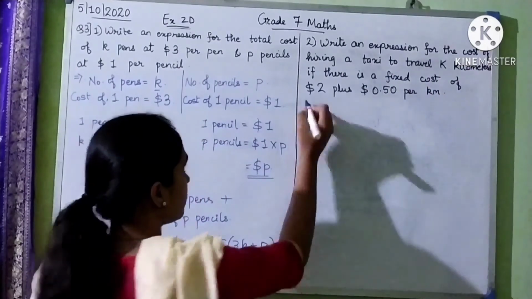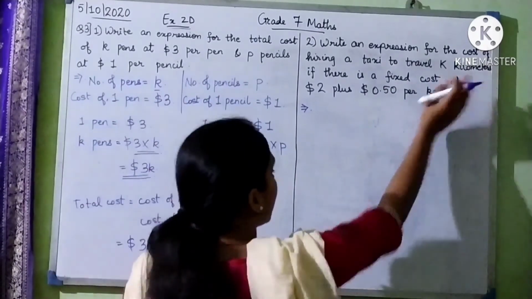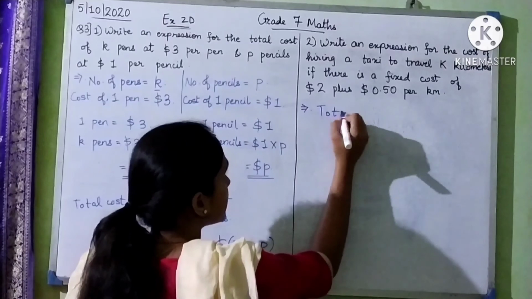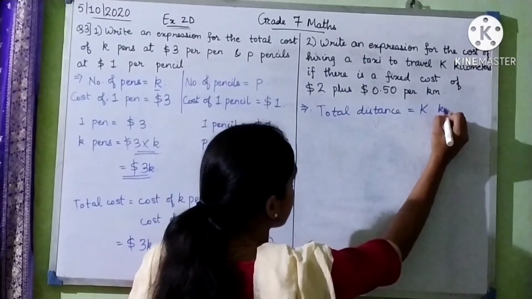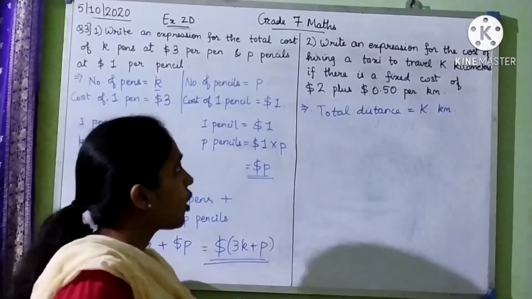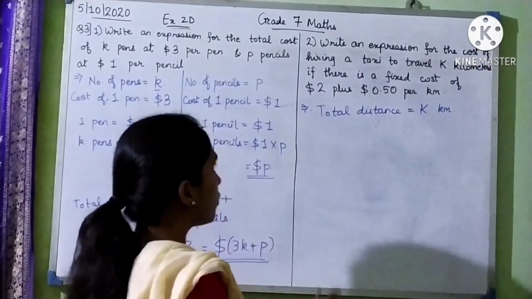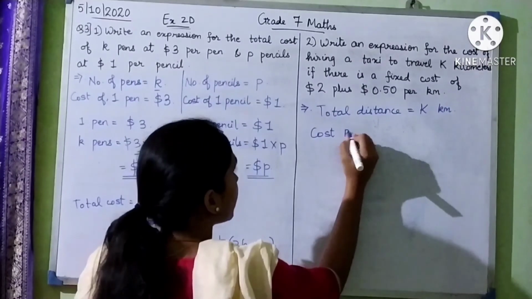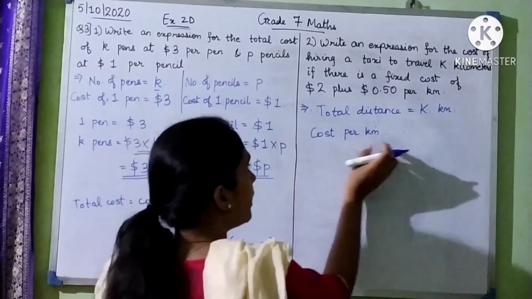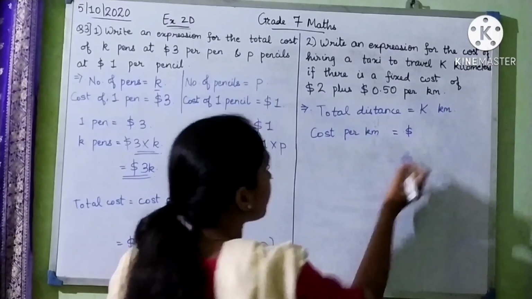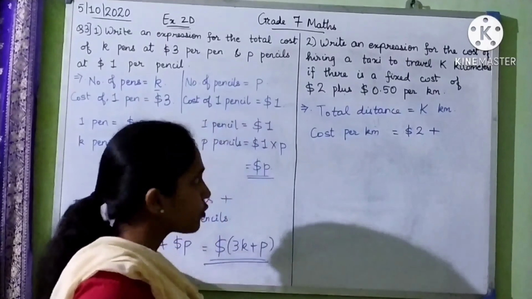So first we write the distance. How much distance does he have to travel? He has to travel K kilometers. So the total distance is K kilometers. Now the cost of traveling is this many dollars per kilometer. Cost per kilometer means for 1 kilometer. So the cost for 1 kilometer is equal to, they have given this also in words, $2 plus. Plus means what? I put a plus sign. So $2 plus